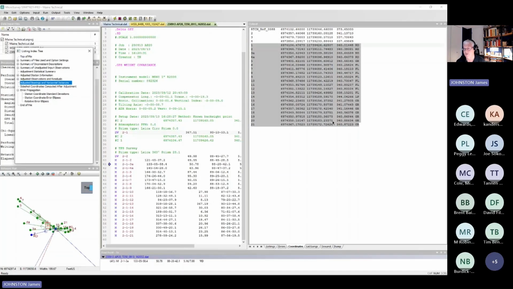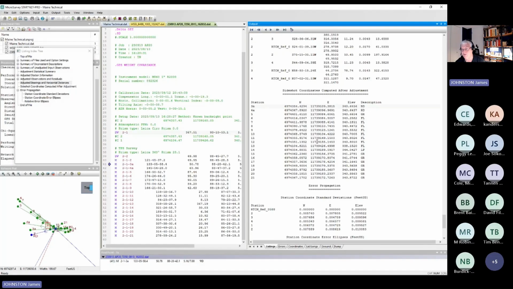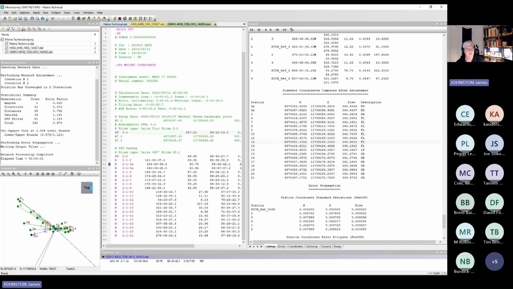So that whenever you're reporting results, if you want the person receiving them to be able to have a really detailed look at all of your results, then that's in the listing here, and you can submit it along with everything else. In terms of output, I've talked about the main things. You've also got the option of exporting a DXF. If you want to output a DXF file and just place it in the background, usually people put it on a frozen layer in the background of the CAD drawing so that people can see the error ellipses, but I won't show you that one, but I will do a KML export,